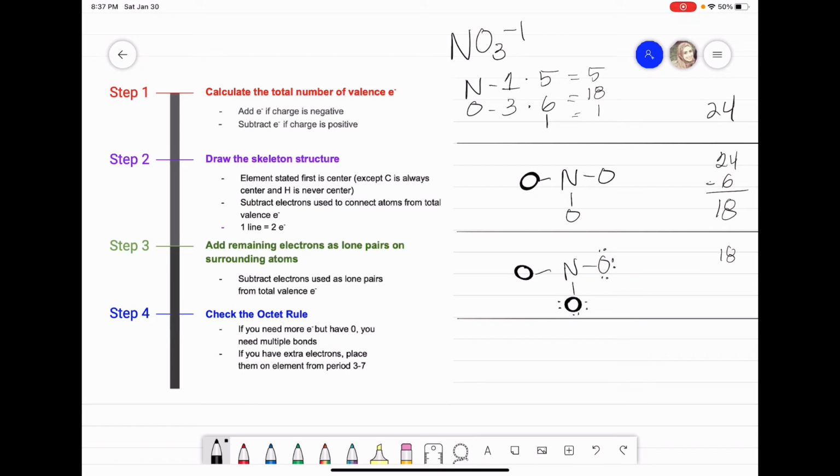Keep in mind, lone pairs count only towards the atom that it is on, but bonded electrons count towards both atoms that they're connecting. Okay, so I just used up 18, right? Each one got 6, so I have 0 left. So now if I go to the next one,